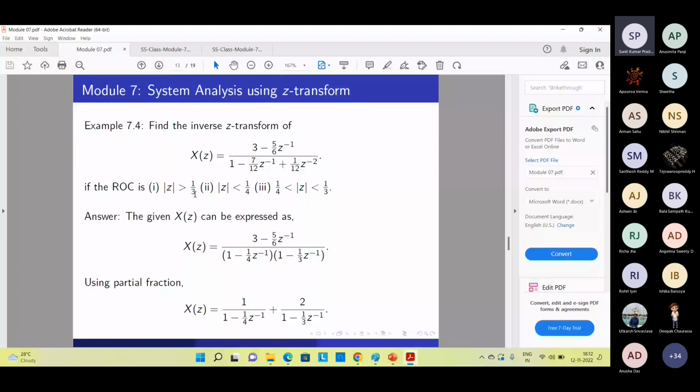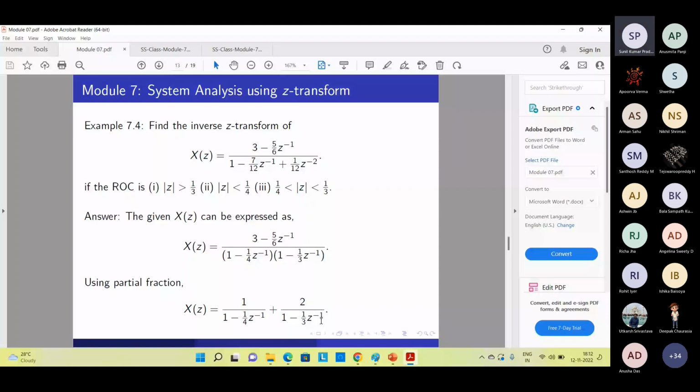So your X of z is actually this one. Using partial fractions, how can we write it? Using partial fractions, we can write it like this: 1 divided by 1 minus 1 by 4 z inverse plus 2 divided by 1 minus 1 by 3 z inverse. So if we find the corresponding inverse z transform,